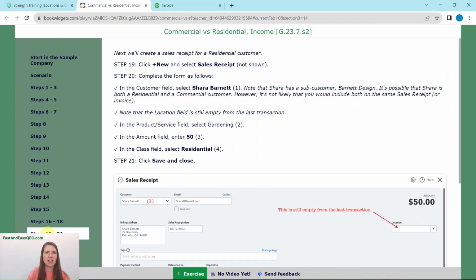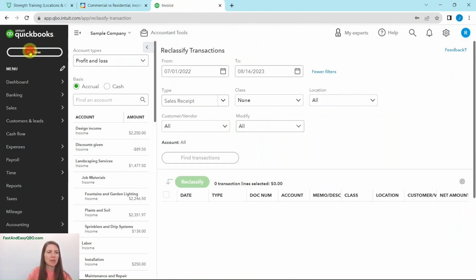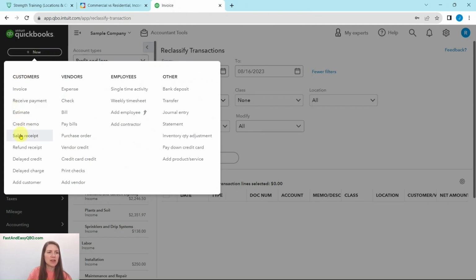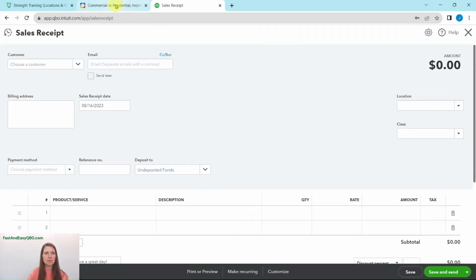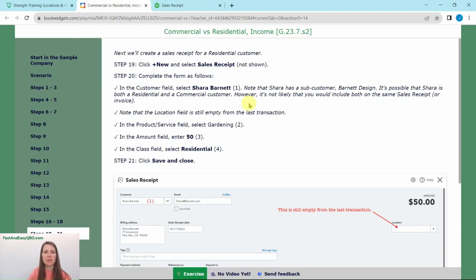We have one more new thing to create. We're going to create a sales receipt for a residential customer. We're going to click on the plus new button and select sales receipt. Plus new, under customers, sales receipt, click on that. And this sales receipt is going to be for Shara. You'll see in a moment when I pull it up, but Shara has a sub-customer, Barnett Design, and it's very possible that Shara is both a residential and a commercial customer. However, it's not likely that you would have both on the same sales receipt or invoice. So we're just going to have her as a